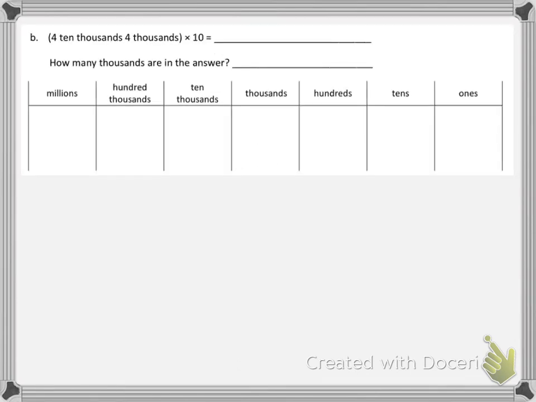All right, we have another problem here: 4 10,000s, 4,000s times 10. Now we're going to use our place value chart and model this. I'm going to put 4 place value discs in the 10,000s. 1, 2, 3, 4. And 4 place value discs in the thousands. 3, 4. Now, because each of these dots represents